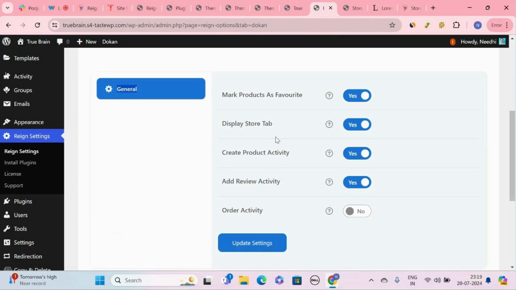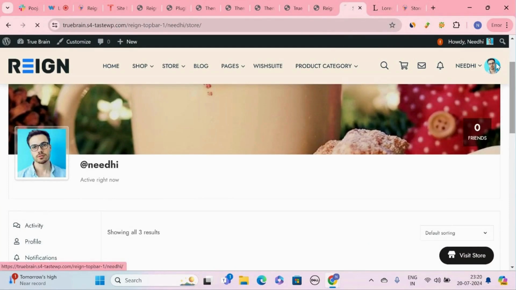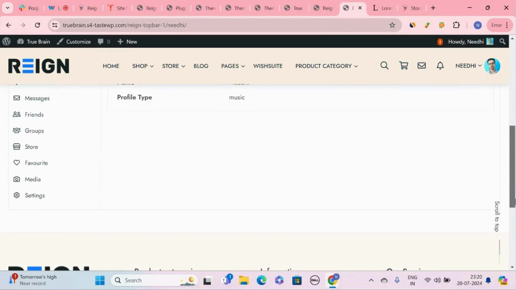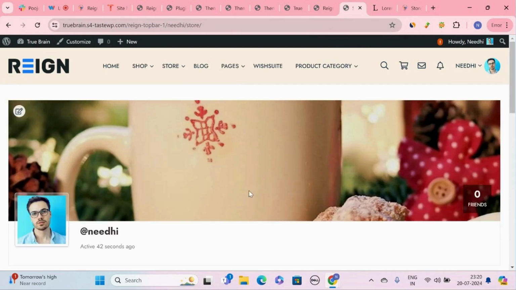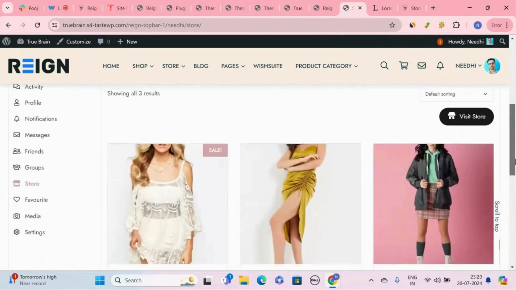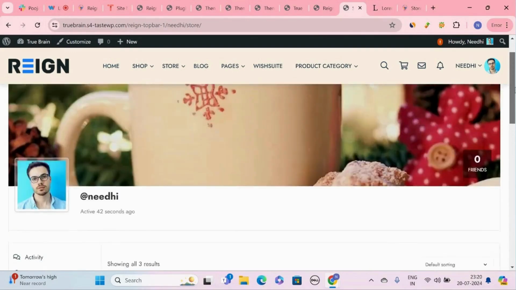Next setting is display store tab. Here you can see you get this store tab in your profile. If you enable this setting, you can see all the products which have been added by you.